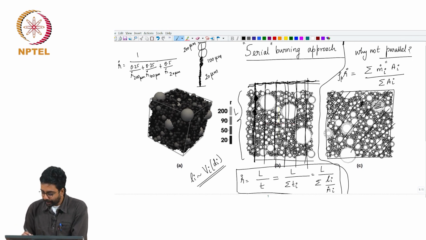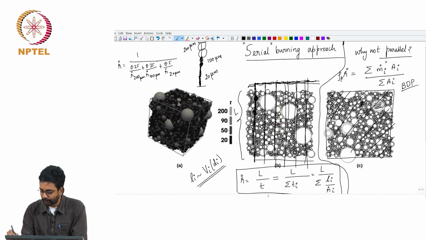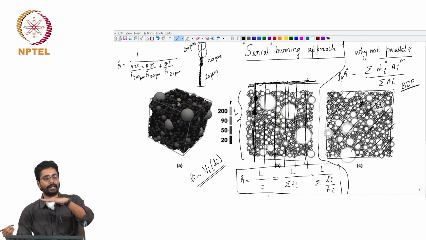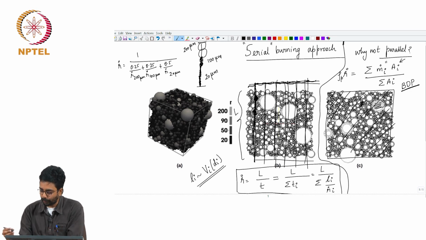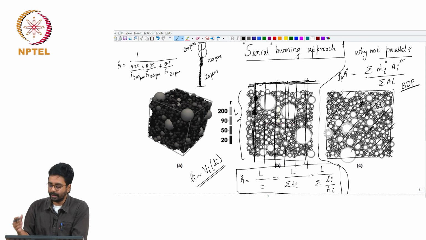Okay. One issue with this, or one issue which was identified with this approach, this is the approach that BDP model used. Okay. The weightage that is given to a particle of a certain size is proportional to its surface area, okay, and all the particles are assumed to regress at about the same rates. Okay. So, in the vertical direction, they contribute different mass fluxes in this direction, but the surface regression will be limited by the slowest burning case.